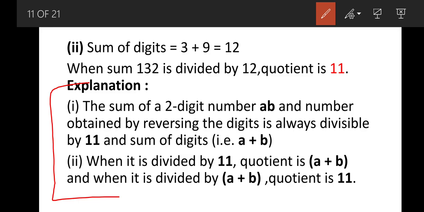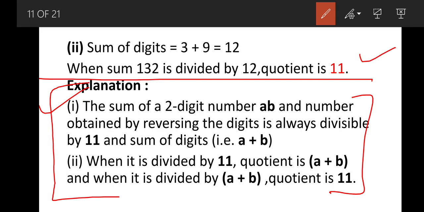So, if you remember it and want to write it, then you can write these two points of explanation. Otherwise, if you solve till here, that will also be sufficient, because we have done every step in the first and second part. We have reversed the number, we have taken the sum, we have divided it in the first part and in the second part also. Simple as this. If you know these two results, it is fine, you can write them down. Otherwise, till here also it will be correct. Till the second part also, if you are doing it, it will be correct.